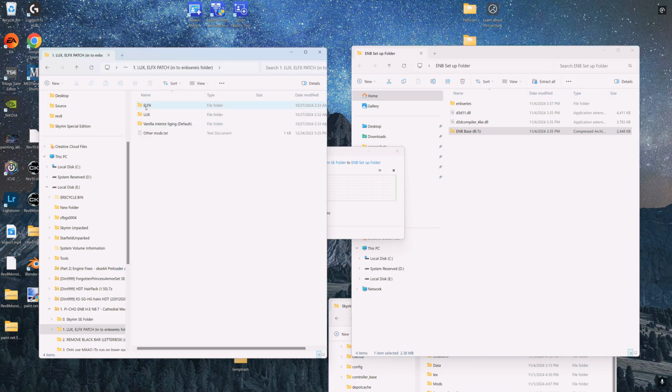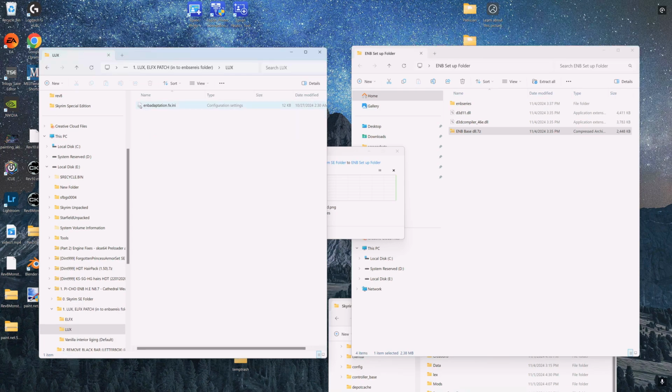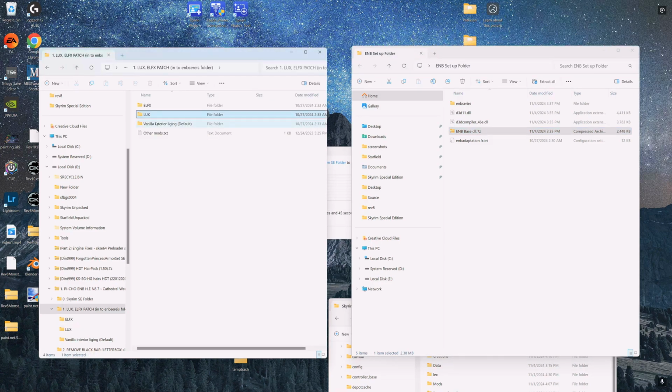All right, so now if you're using ELFX, or if you're using Lux, or if you're using vanilla lighting. Now for me, I'm using Lux. I'm going to open this up, and I'm going to drag this one over, okay? All right, now